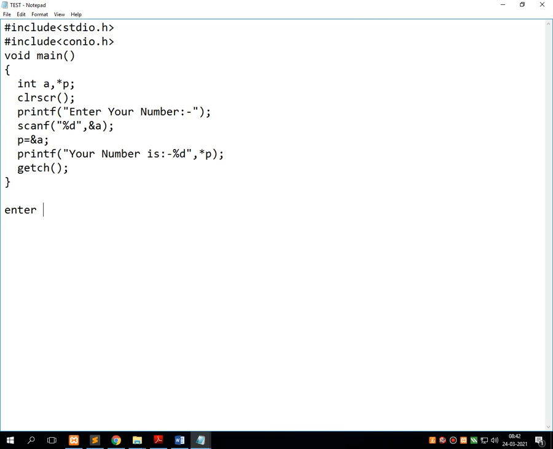Whenever I run the program, first it will ask for entering the number. Say for example I have entered the number 10, then the output will be your number is 10. So this output demonstrates that pointer points to the address, not to the value, and this is the program which demonstrates the use of pointer with a variable.